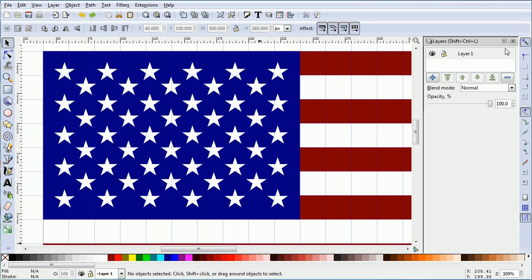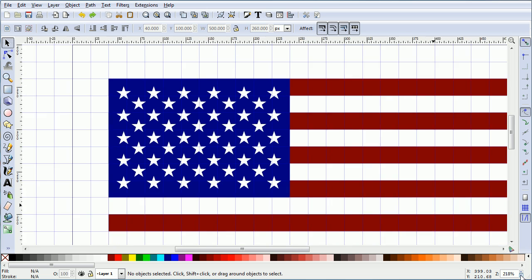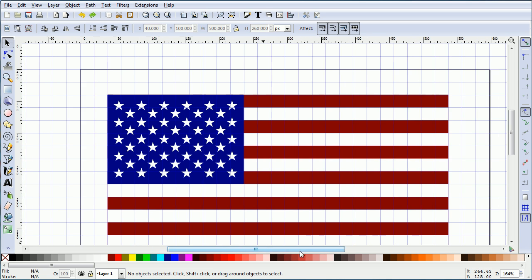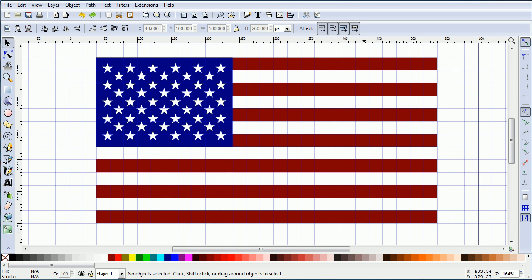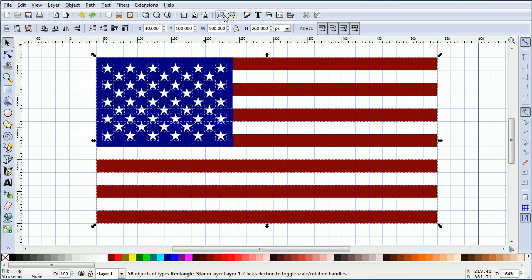Close the Layers panel, zoom back and scroll. Use Ctrl and A or drag to select all and click the Group button. And there we have the finished flag, which can be scaled,